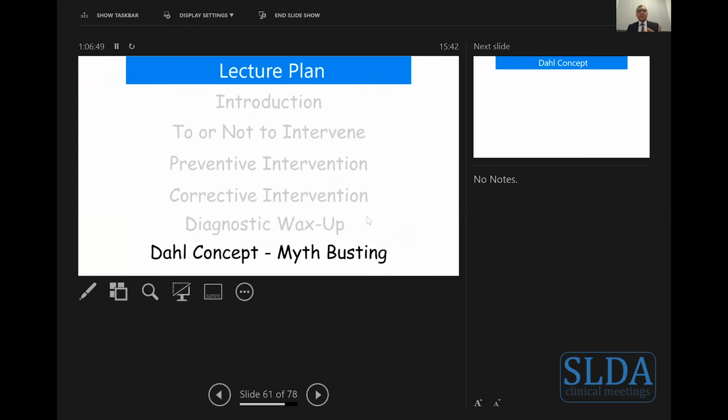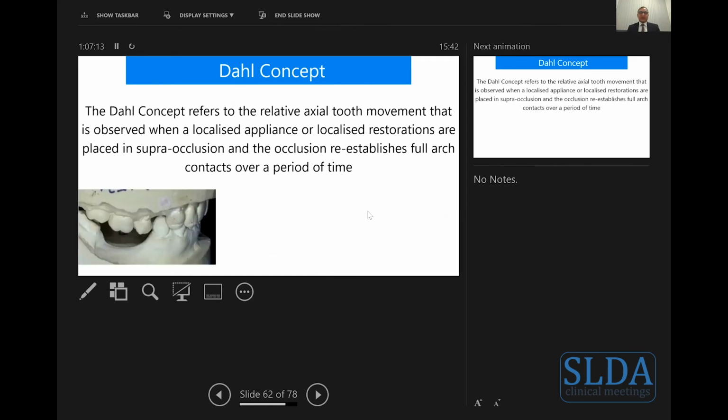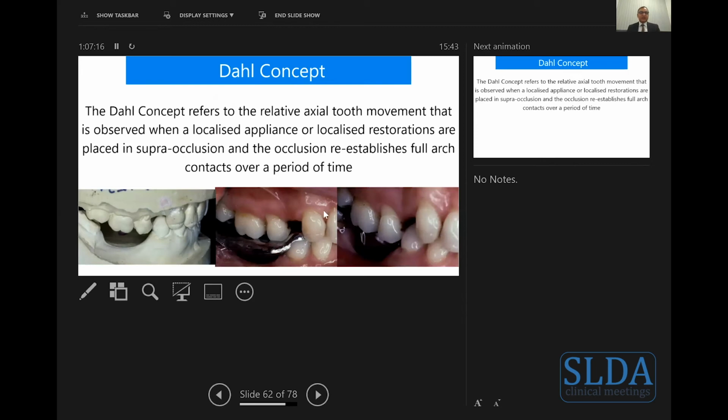And then I spoke about raising the post-occlusal vertical dimension, leaving posterior open bite, which is what the Dahl concept is. And there's some mistrust about this concept. So I thought it might be useful to bust the myth behind it and clarify the safety of using this technique. It was first advised by Dahl, who used a removable prosthesis to drive in over-erupted teeth, to cause that axial movement of the teeth to create restorative space where teeth have over-erupted and lost the restorative space,